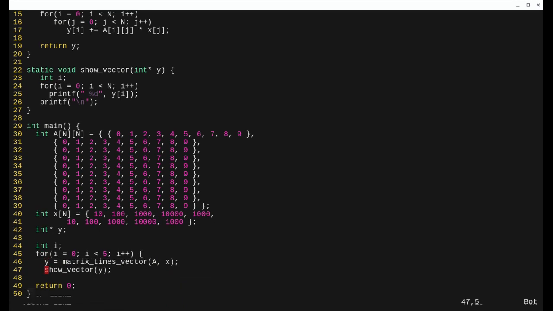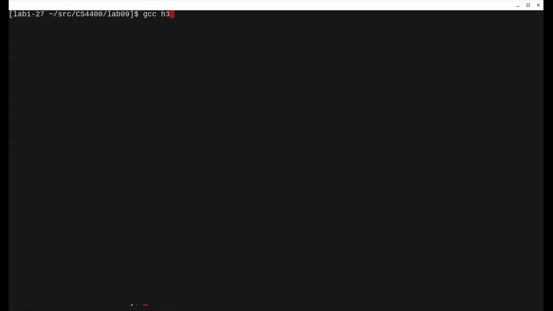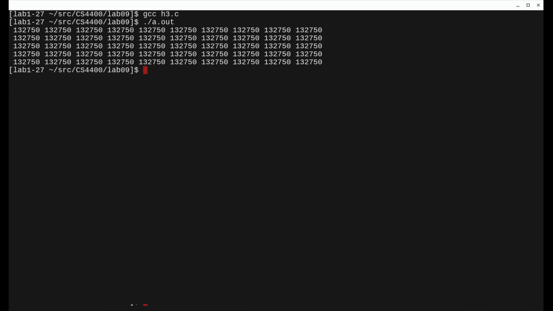And terminate my loop, write it, make it, and run it. And as we can see here, it just simply outputs the same thing over and over again. So no problem here, right? Not necessarily. One of the things it does suggest is if we come in here to edit,